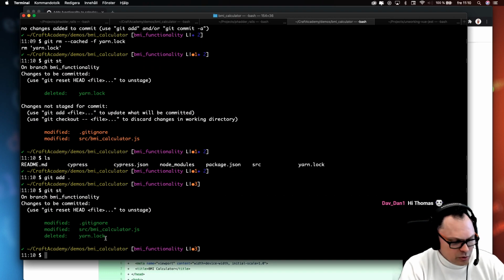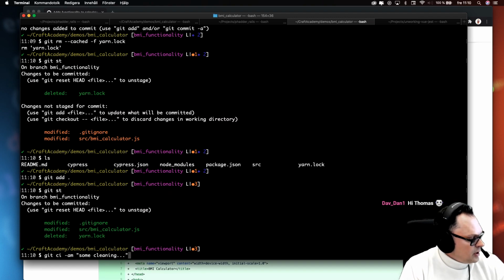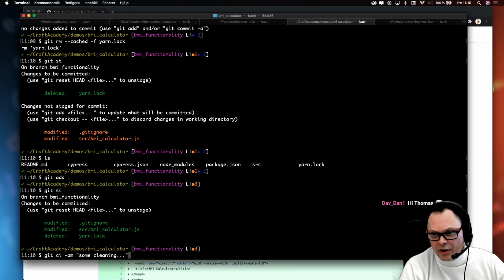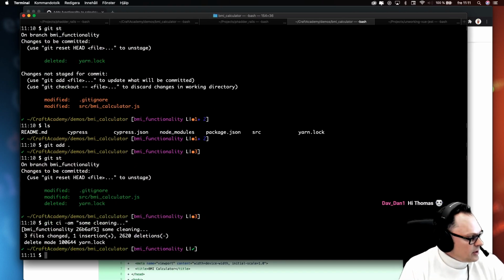And we're good to go to make a commit, git ci, and then am, and then some cleaning, you know, dot. We didn't really do anything in this commit, but rather cleaned up some stuff, right? So now I can do git push origin BMI functionality,